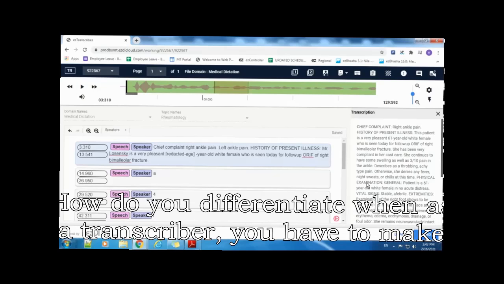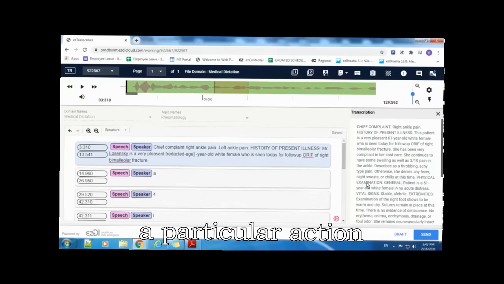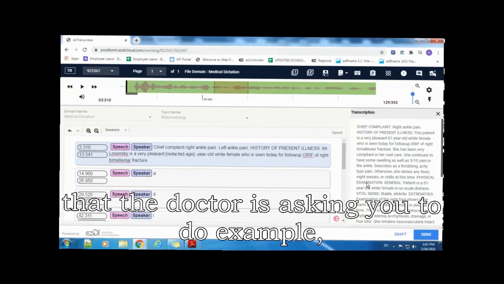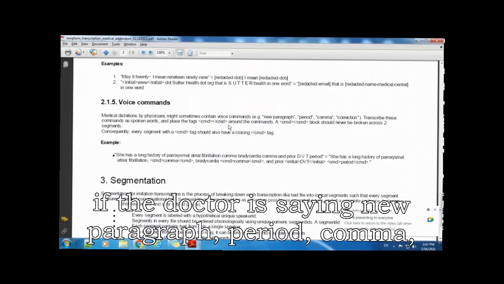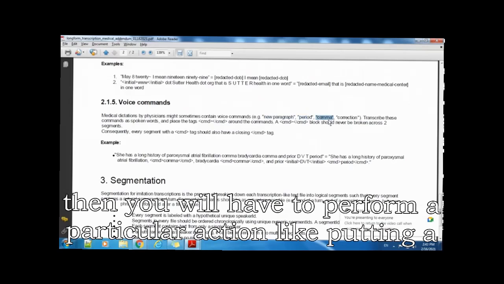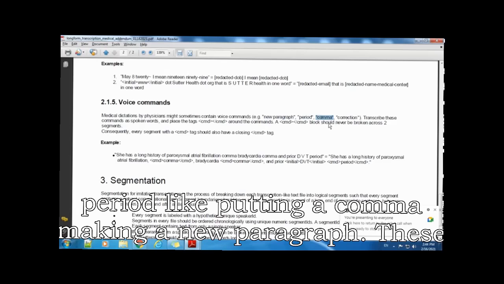How do you differentiate? When, as a transcriber, you have to take a particular action that the doctor is asking you to do. For example, if the doctor says new paragraph, period, comma, then you will have to perform a particular action like putting a period, putting a comma, making a new paragraph.